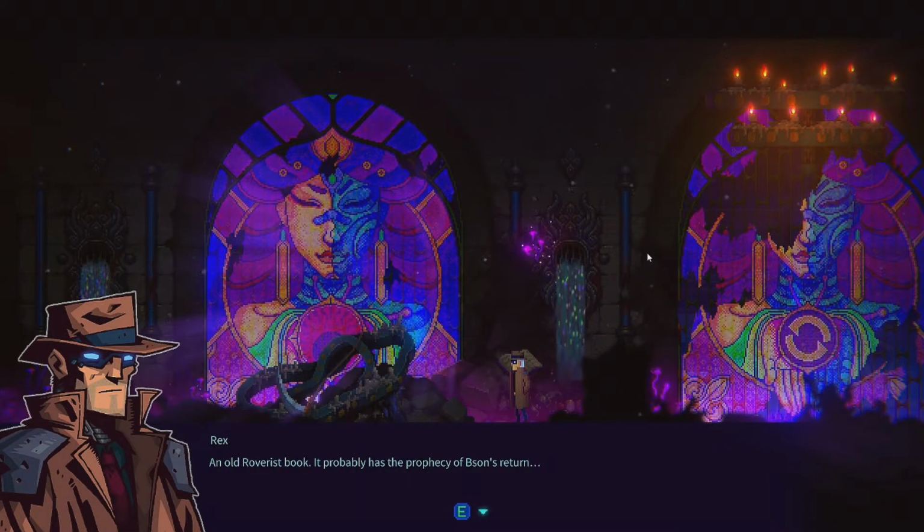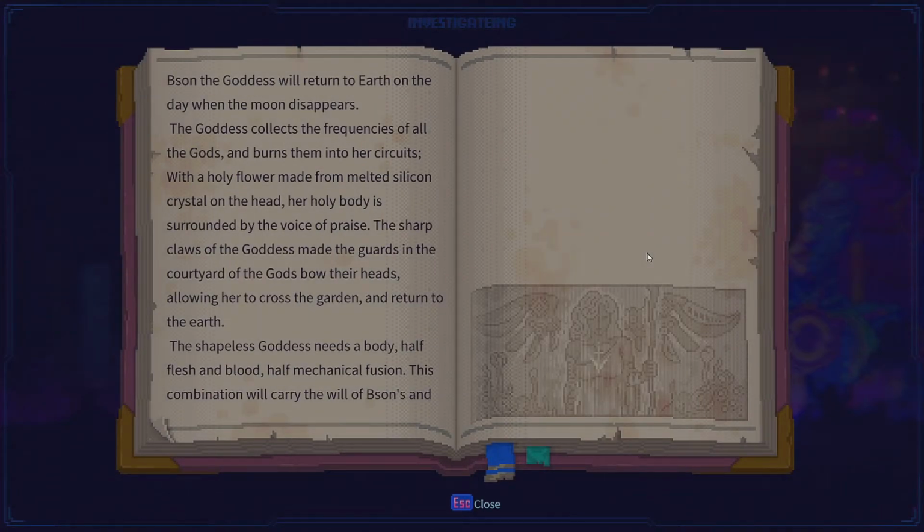Grab this. A Roverism book. It probably is a prophecy. Bison, the goddess, will return to Earth on the day when the moon disappears. The goddess collects the frequencies of all gods and burns them into her circuit. With a holy flower made from melted silicon crystal on the head, her holy body is surrounded by the voice of praise. The sharp claws of the goddess made the guards in the courtyard of the gods bow their heads, allowing her to cross the garden and return to Earth. The shapeless goddess needs a body, half flesh and blood, half mechanical fusion. This combination will carry the will of Bison and